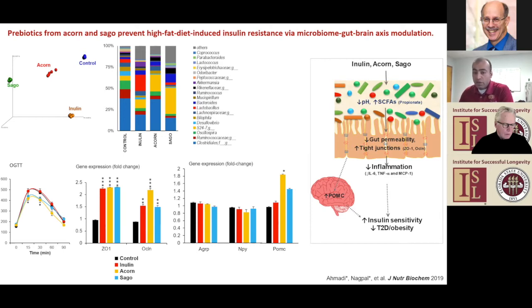obesity. However, we think that this might also be an indirect effect via regulation of nutrient signaling in the brain, because this pro-opiomelanocortin has been associated with nutrient signaling and food intake in the brain. Although in our study, we didn't find any difference in the diet intake in these different groups of mice, we still believe that there might be a direct effect of this gut microbiota boosted by prebiotics on the nutrient signaling in the brain, which may lead to improvement in insulin sensitivity and type 2 diabetes and obesity markers.